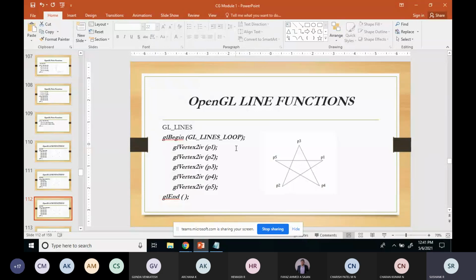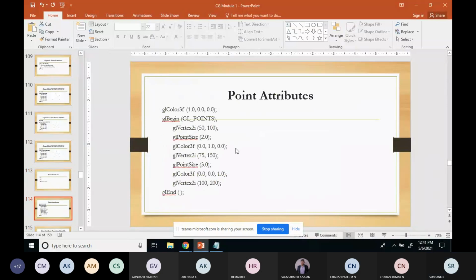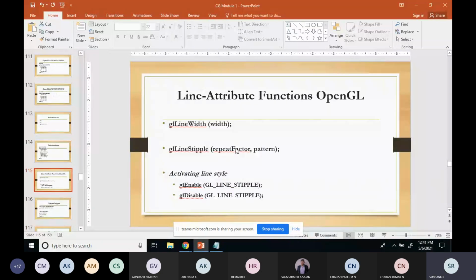One is common, and the common one is color. Using the same function, GL color, you can decide the color of the line. In addition to line color, we have two more attributes: line width and line stipple.